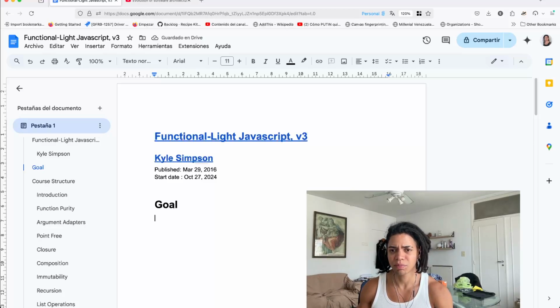Learn to apply functional programming concepts in JavaScript to make your programs more readable and less error prone. So this is the value proposition of this, right? So learn to apply this particular tool, this approach. Learn to apply functional programming,